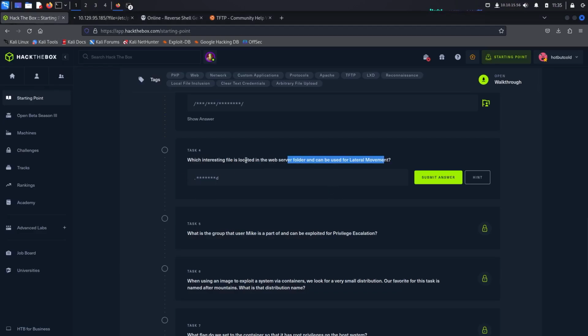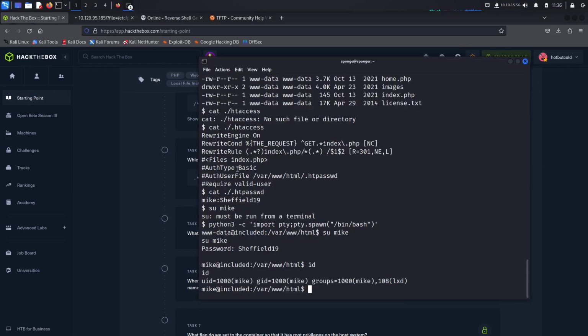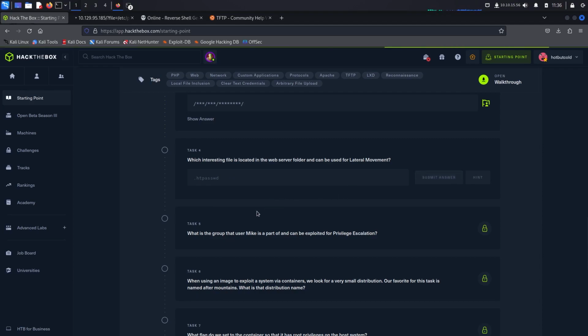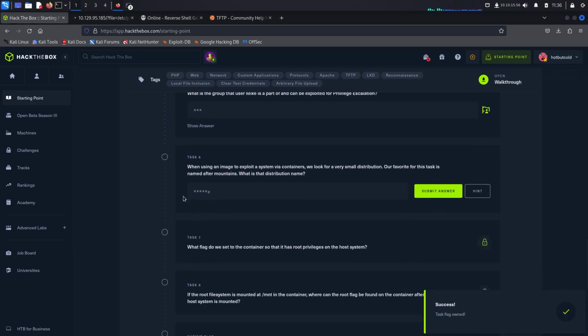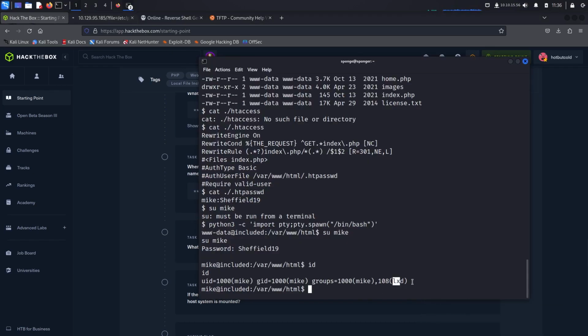I will copy and paste the name of the file that gave us the credentials for Mike, which is .htpasswd, and for the next question this is going to be LXD, as foreshadowed before. There is a vulnerability which will let us escalate to the root user on systems that have this container hypervisor